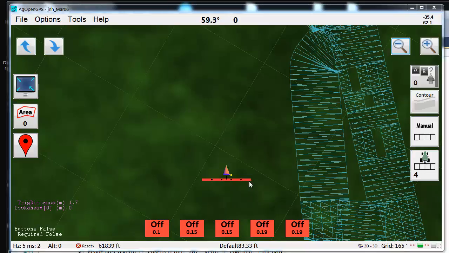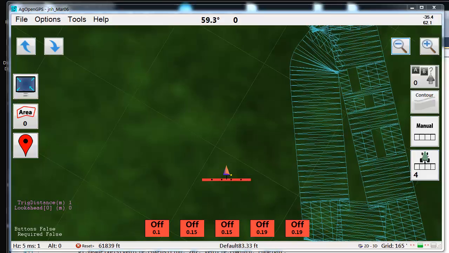Okay, so I think I got the super section thing worked out. The requirements to make a single section are that all of the sections need to be on at the same time, and all of the buttons need to be on or auto, as in none of them off, at which point you can make one section from the far right side to the far left side. So if we get going here